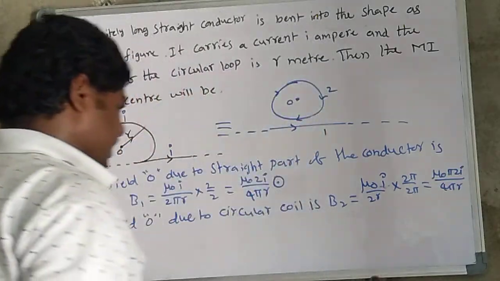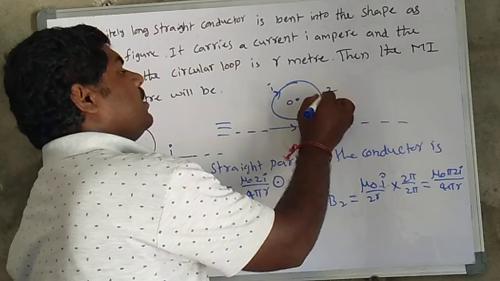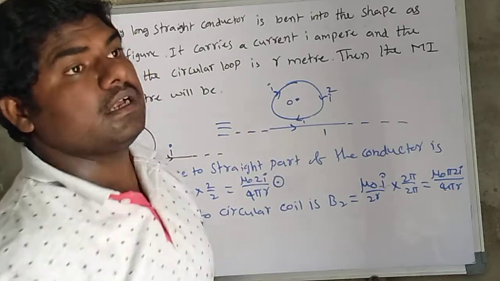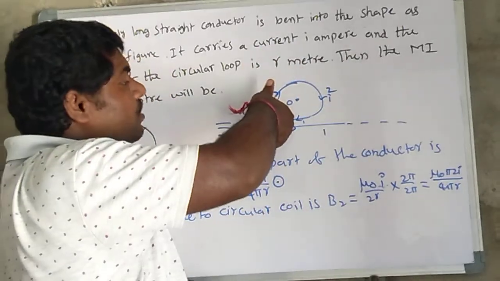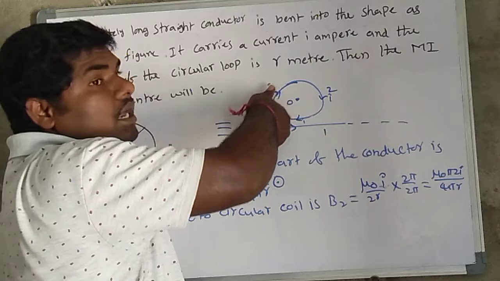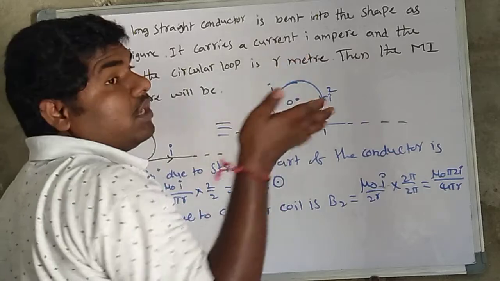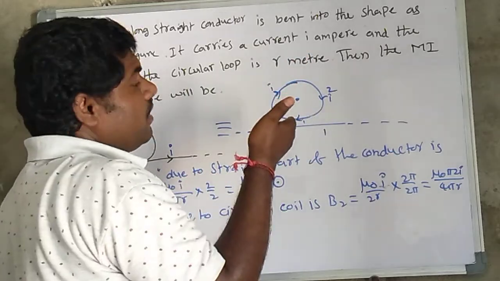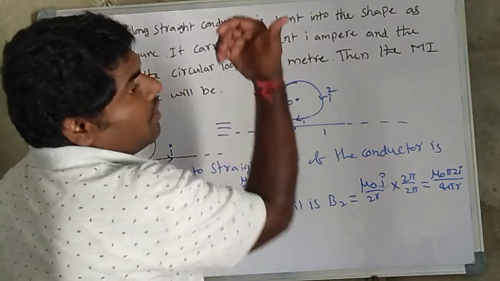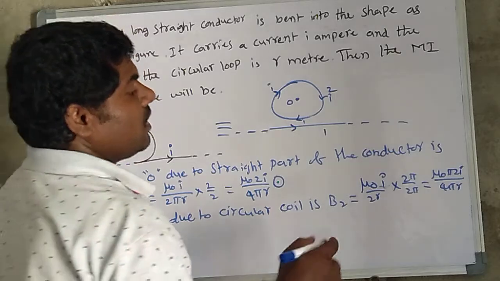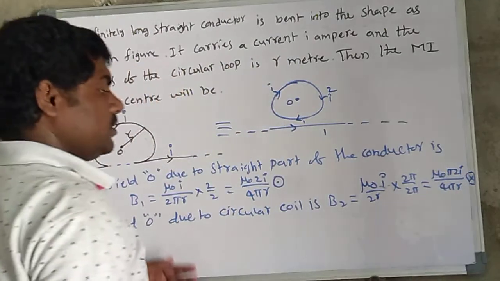Whether this one inward direction or outward direction you may identify. Here the current I moving clockwise direction at center inward direction. See here you may use right hand thumb rule, put this thumb along the current direction and hold it, inside the circular loop your curl finger goes into the plane of the paper, inward direction, and outside this area your curl finger comes out of the plane of the paper. That's why here due to the circular ring, the direction is inward.